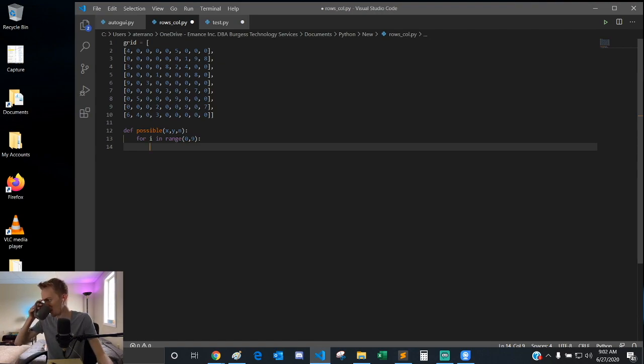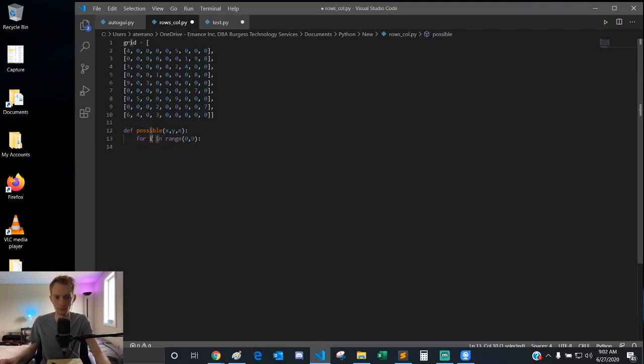Basically what we're saying is, for whatever, we can name it whatever right here. I can name this anything I want. I can say for numbers in range 0 through 9, that will work just fine. The I is just to make it smaller, really. That's all it is. We can call I later, too. So for I in range 0 through 9,